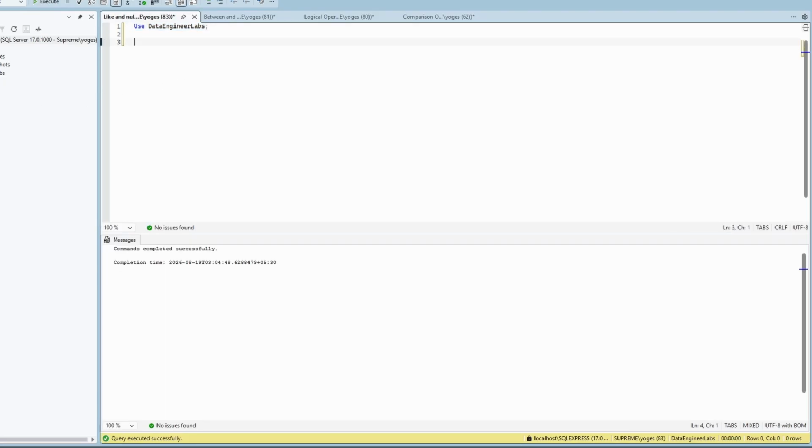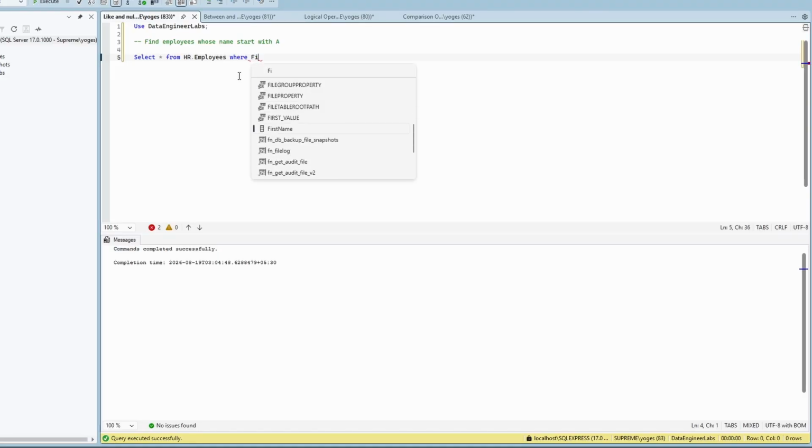So for example, let's try to find all the employees whose name starts with capital A. Find employees whose name starts with capital A. So what we'll do: SELECT star FROM our HR.employees table WHERE, now we want to find out the first name. So let's say first name,